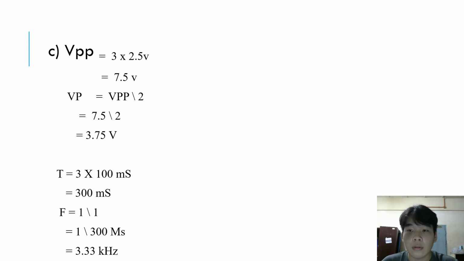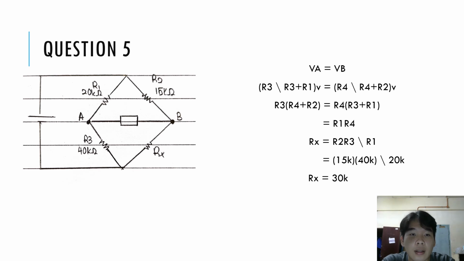Next. Okay, next is question 5. So you can see the diagram, and this is how the calculation works, which is VA equals VB. So in VA, the calculation will be like R2 over R3 plus R1, and VB is R4 over R4 plus R2,